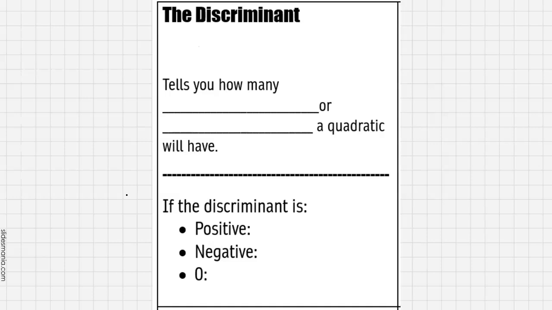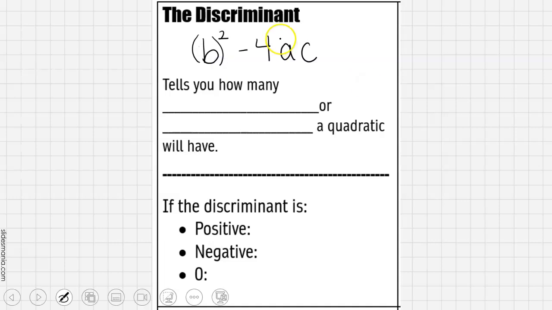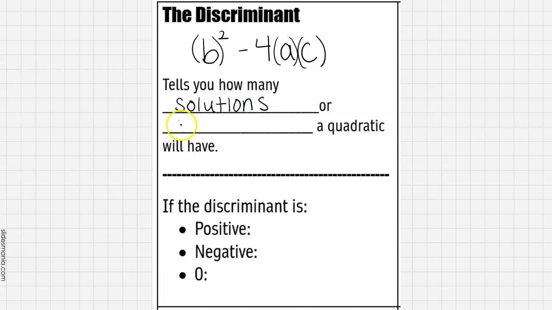So in your notes, you can write down that the discriminant is b squared minus 4ac. Now, if you would like to, you could add symbols in there that would help you out so that when you're plugging things in, you get nicer answers. So for instance, a lot of times I will put parentheses around the B, the A, and the C so that I know when I'm squaring something, when I'm multiplying something, and how I need to plug it into my calculator if you're going to choose to use that. The discriminant tells you how many solutions or x-intercepts